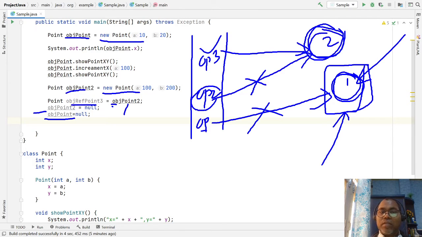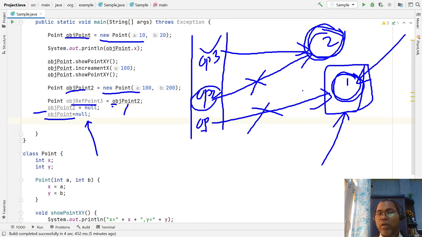In some other programming languages, the developer has to clean the memory manually, but Java supports automatic memory management. So as a developer, don't think I have to manually clean the created objects. If you don't want to use a particular object, just assign the reference to null.